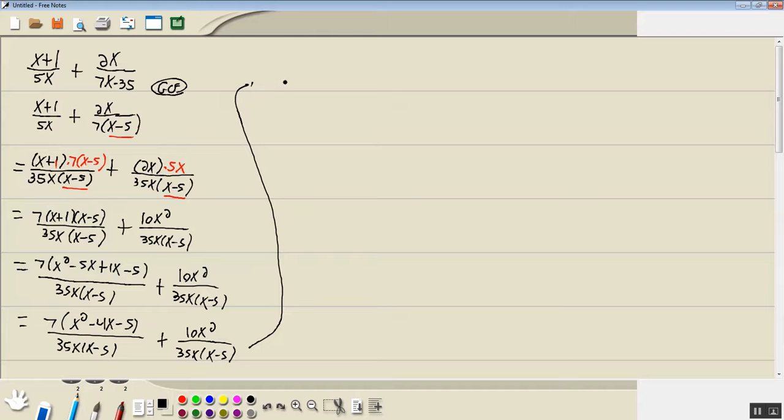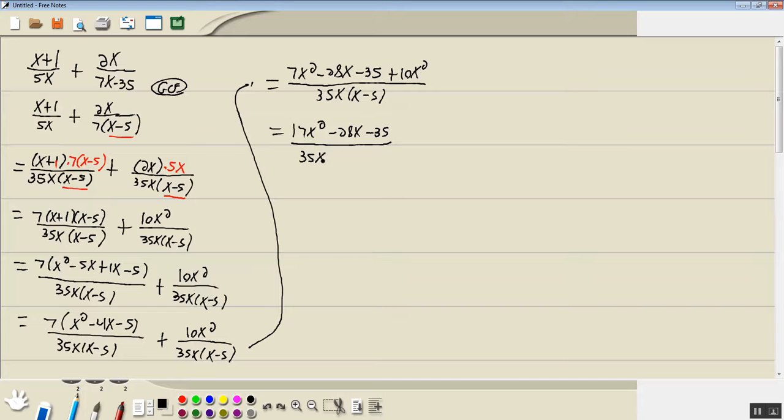Now we multiply the 7 through. 7 times x squared is 7x squared. 7 times negative 4x is negative 28x. 7 times negative 5 is negative 35. And since they have the same denominator, I'm going to go ahead and merge these into a single fraction. So put the 10x squared right beside it, all over 35x, x minus 5. 7x squared plus 10x squared is 17x squared. Minus 28x minus 35